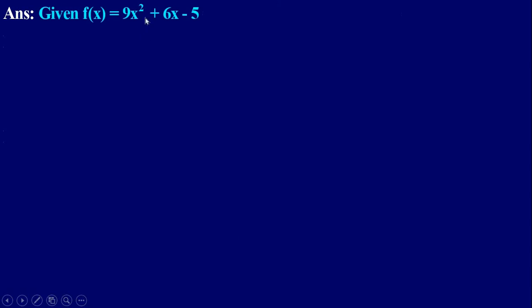Now here it is given f of x is 9x square plus 6x minus 5 and we can write this as (3x) whole square plus 2 into 3x into 1 plus 1 square minus 1 square minus 5. Same as the previous problem, we have to write this in the form of a square plus 2ab plus b square. So 9x square can be written as (3x) whole square and 6x can be written as 2 into 3x, but here we have to get b. So therefore we can write 1. So therefore it is 2 into 3x into 1 and here b value is 1. So we have to add 1 square and subtract 1 square and minus 5 as it is. So we write (3x) whole square plus 2 into 3x into 1 plus 1 square minus 1 square minus 5.